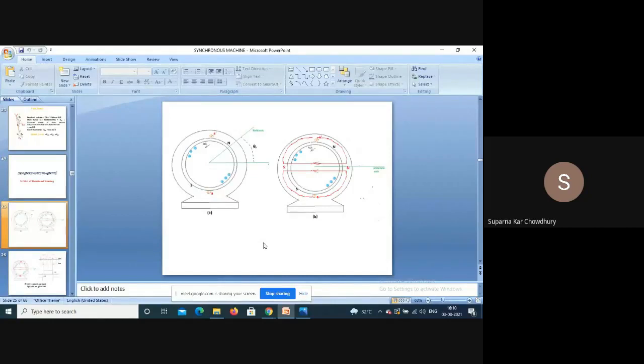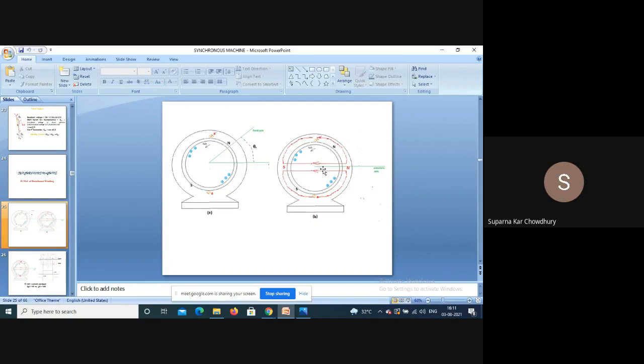I'll just discuss the MMF distribution in an AC machine. Now, if we consider the basic machine we described earlier, in this machine we have the field on the rotor, and on the stator we have a single armature winding. When the field winding is carrying current, it is fed from a DC supply. Depending on the direction of rotation, it will create a field